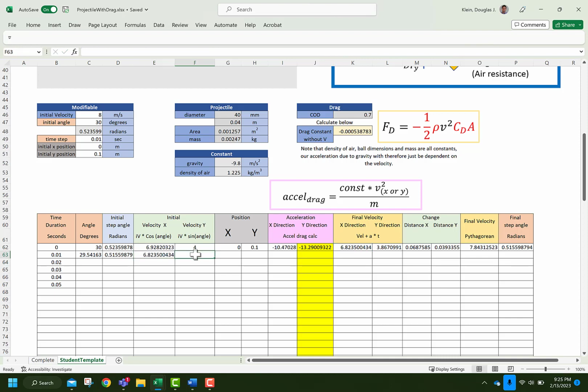My initial velocity here is going to be my final velocity here. My x position here is going to equal this plus that. My y direction is going to equal this plus that, so the change in it. I'm going to check right here to see if we can pull this down,